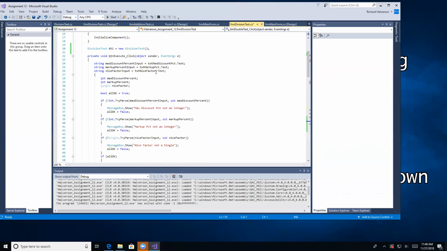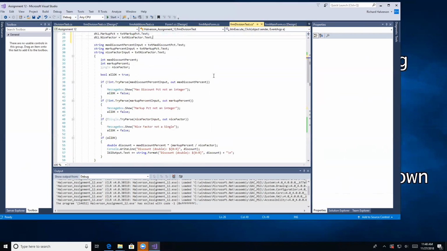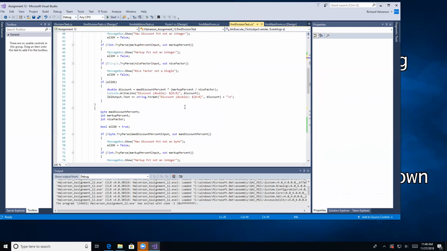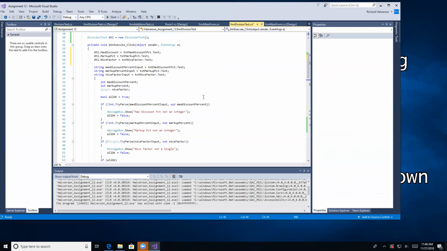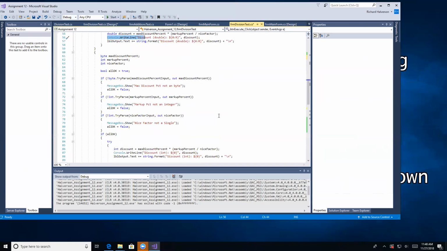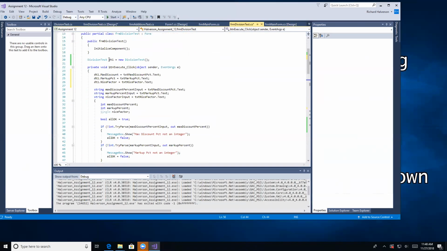And I'm going to put that right here. Yeah, that takes care of that. And then I need to console write line. Oh, well, let me just do this. Oh, okay. So the first one is